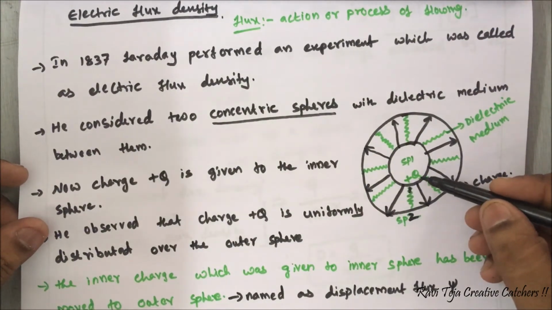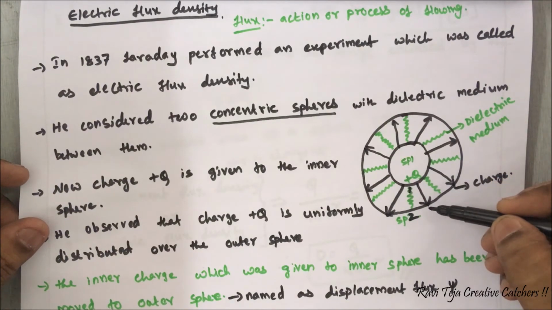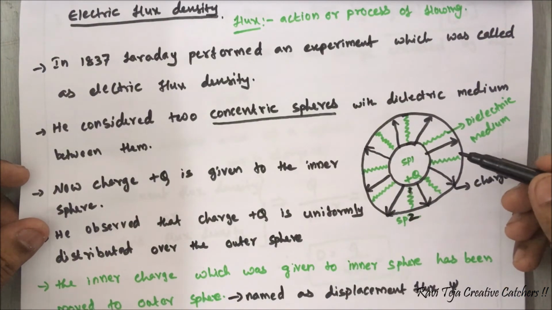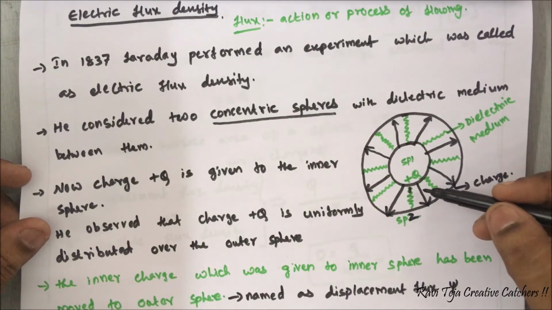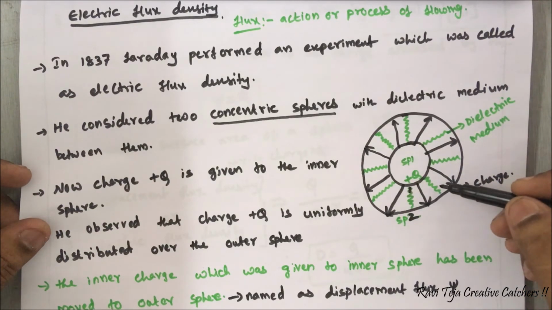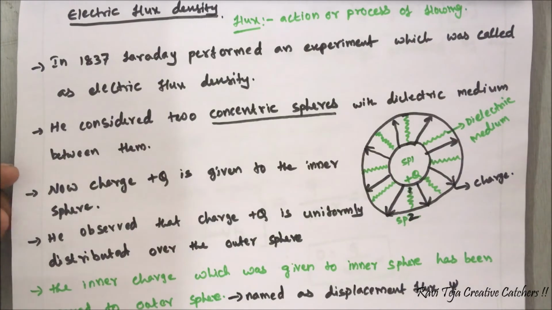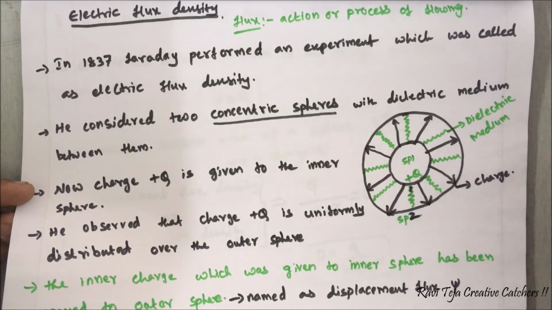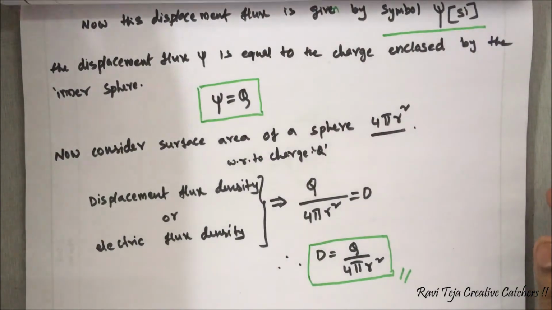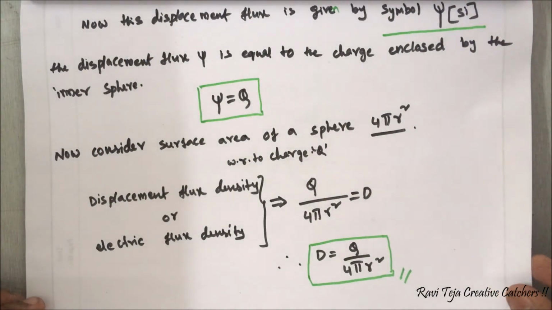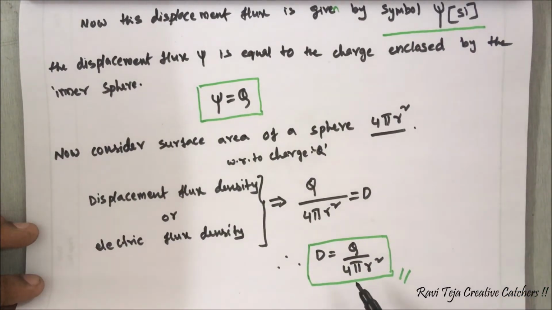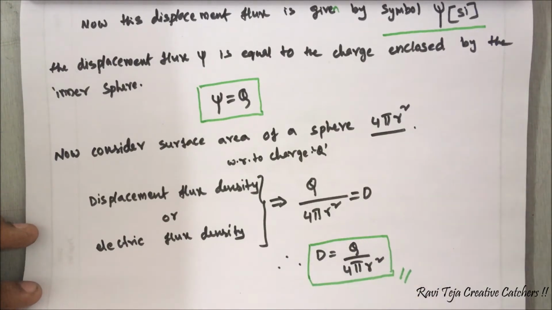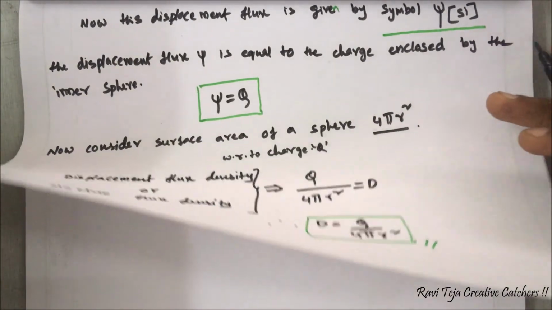as the charge from the inner sphere is moving towards the outer sphere, how the direction and magnitude of this particular charge is, it is outwards of this particular sphere. The charge is moving outside of the particular spheres, right? That means this particular charge is having direction as well as magnitude, right? So if at all any charge is having direction or magnitude, that means it is a vector quantity. Now we will be considering this same displacement flux density or electric flux density with respect to the vector quantity.